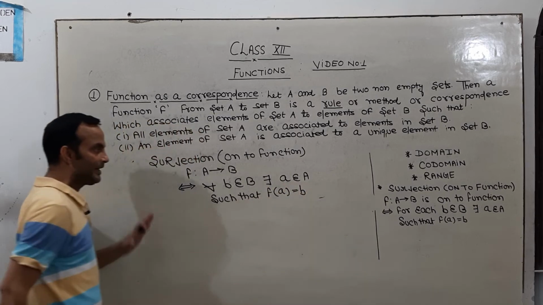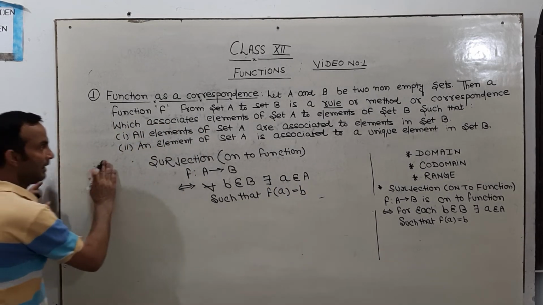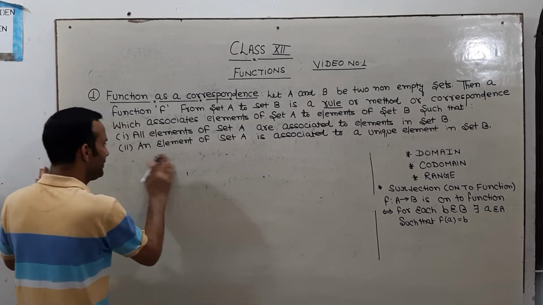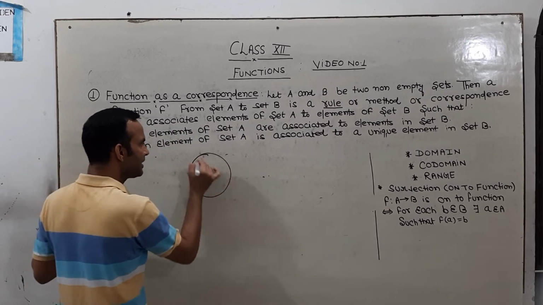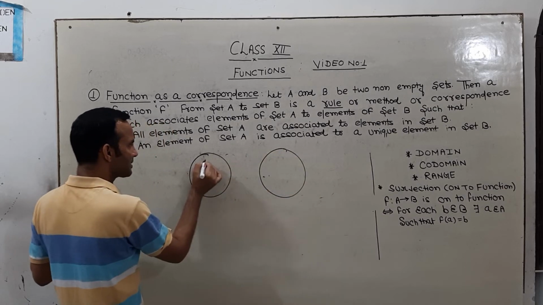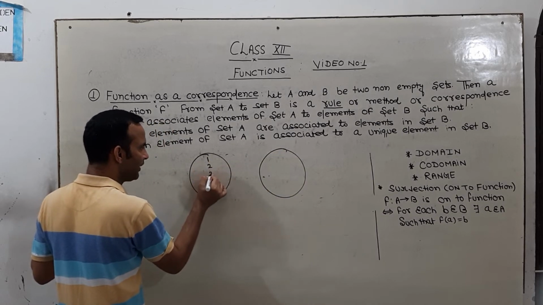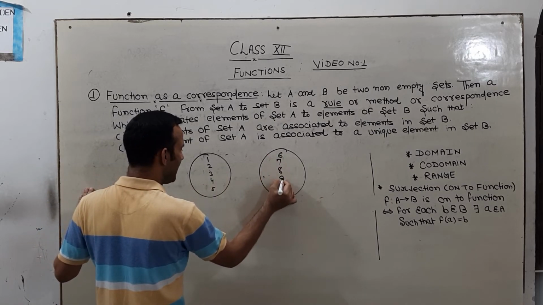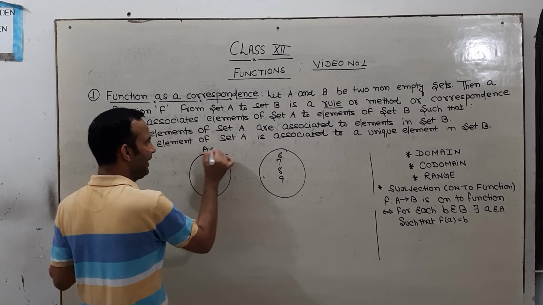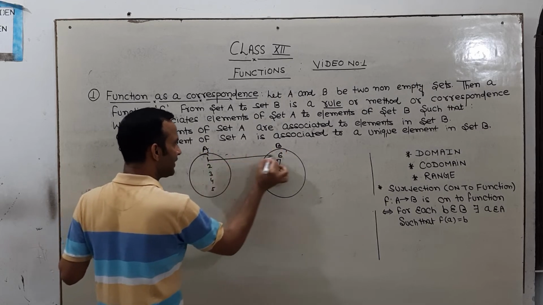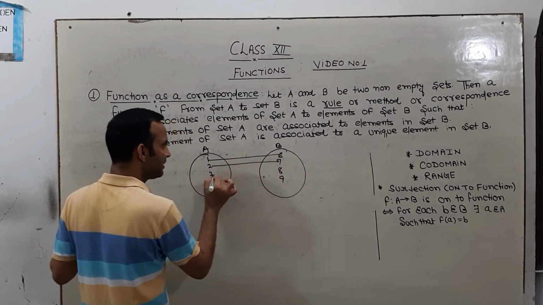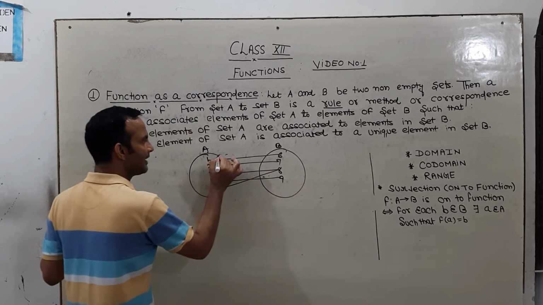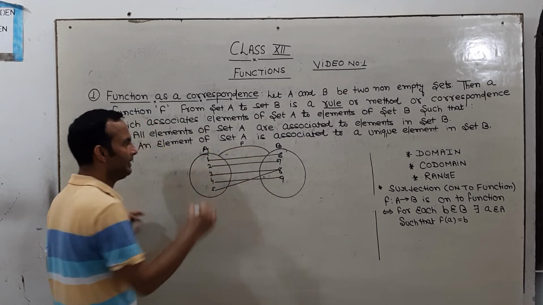Now to explain this I am going to take an example. What does this mean? When will a function be a surjection? See here, my dear students, let us suppose that here 1 2 3 4 5, here 6 7 8 9, suppose this is A, this is B. If 1 is related to 6, 2 is related to 7, 3 is related to 8, 4 is related to 9, 5 is related to 8. Let us suppose that this is a function from A to B.